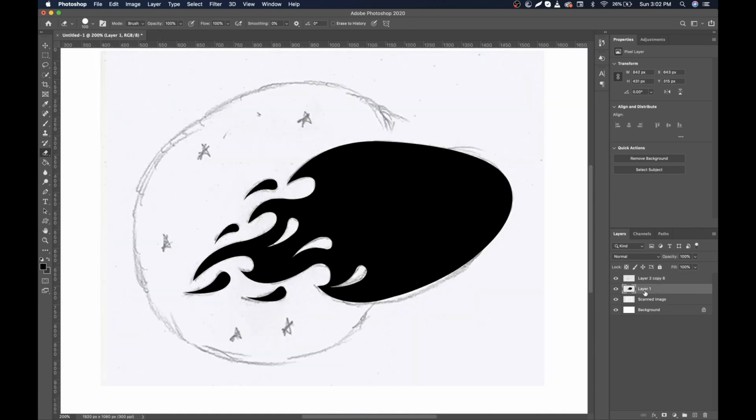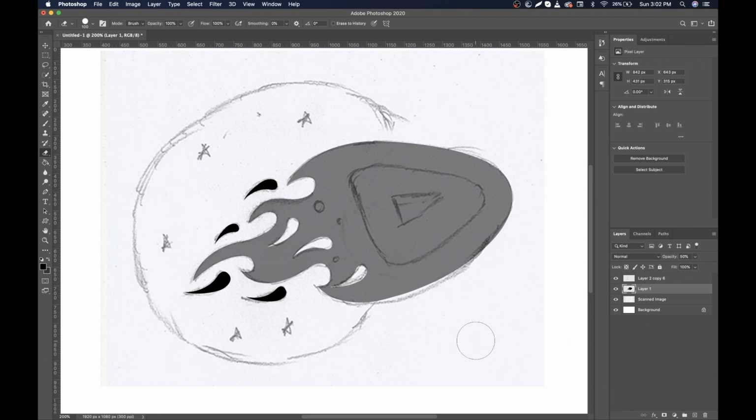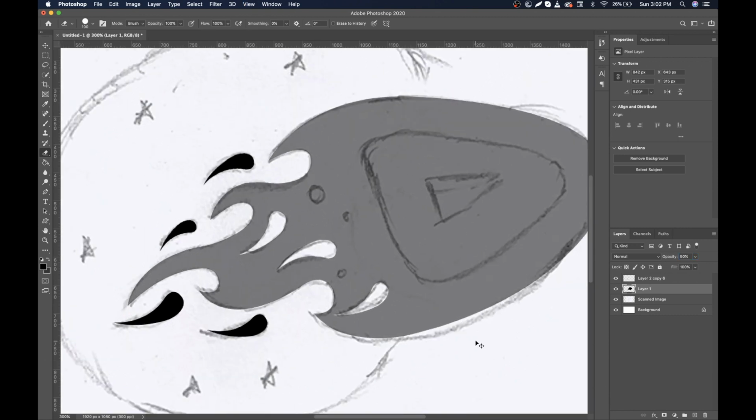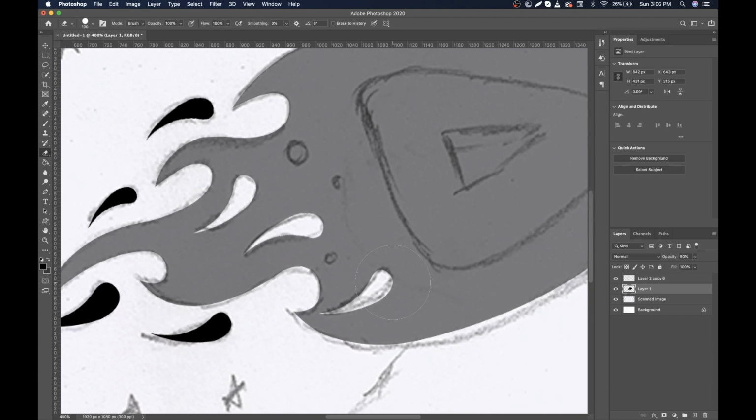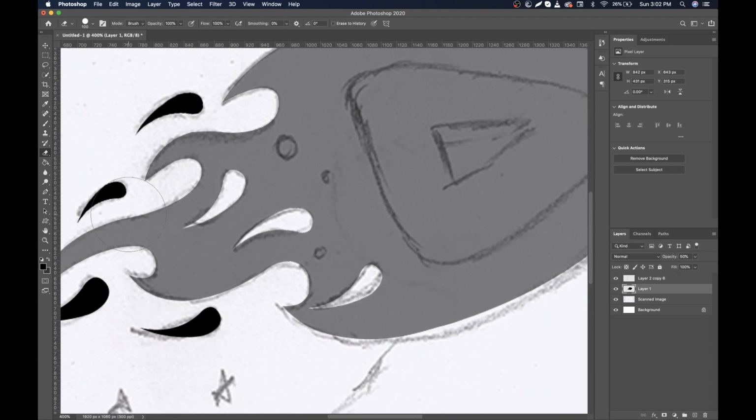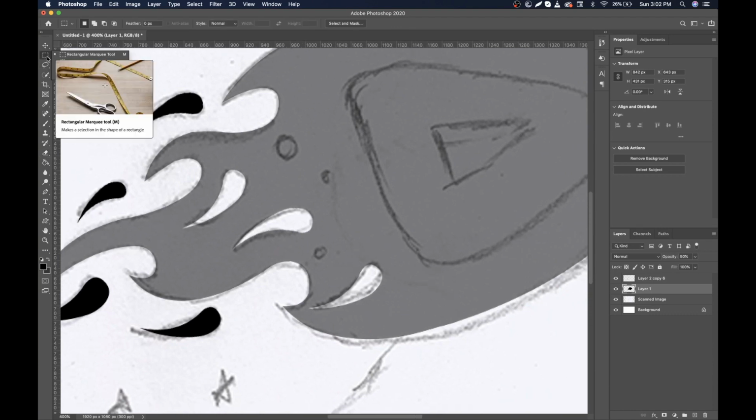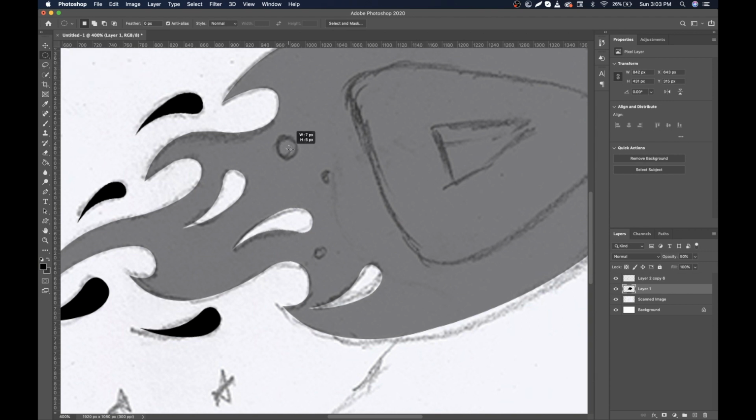Now select the big shape and make opacity to 50% so that we can see through the sketch. Now right click on the rectangular marquee tool and choose ellipse marquee tool and make small circle, then simply press delete. Now follow the same steps several times.